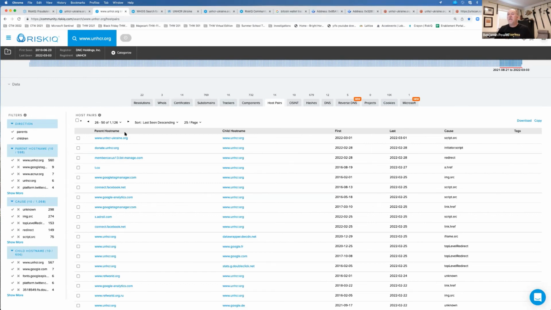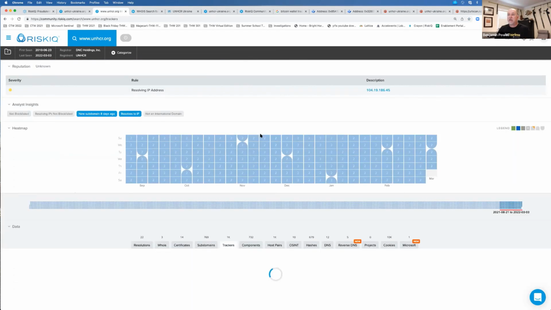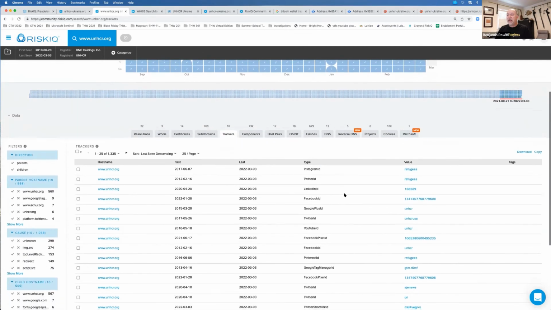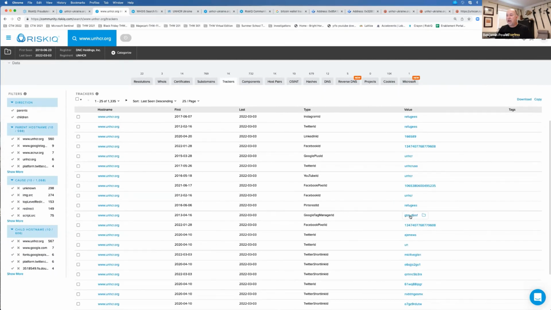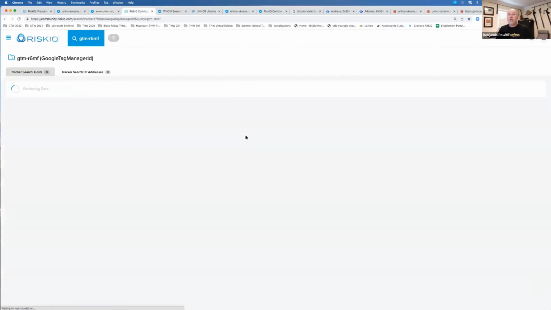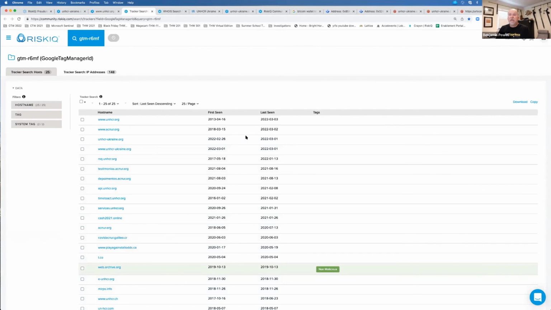Okay. Now, the other thing is I can look at something good. For example, if I went back to trackers, if I looked at something like the Google Analytic code, okay, here's the Google Analytic code, and I right click on that and I open that up in another tab, we will start to see things like the bad site. And the reason for that is that HTTrack copied the website, copied the trackers.